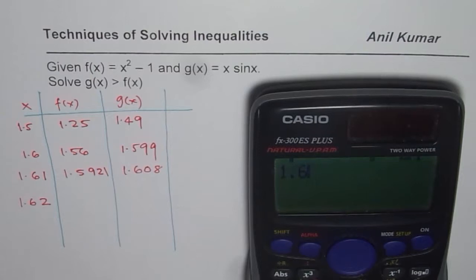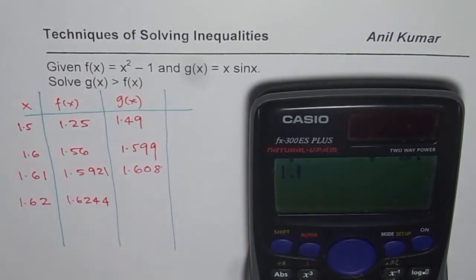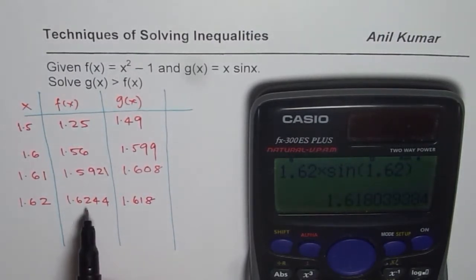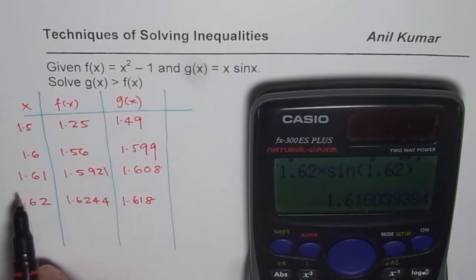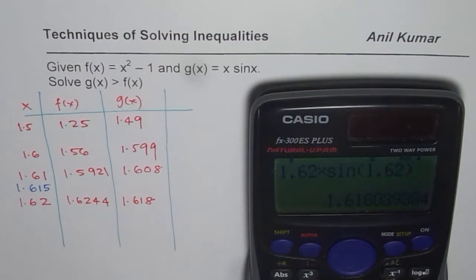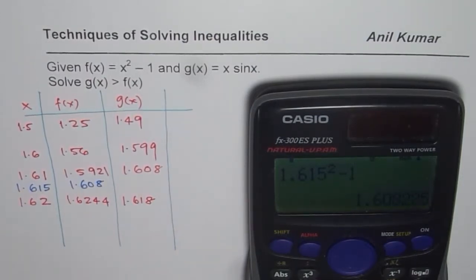So 1.62 squared minus 1 is equal to 1.624, and 1.62 times sine of 1.62 within brackets is equal to 1.618. Now the things have changed. That means the point of intersection is somewhere in between, correct? So we can now try a value which is like 1.615, for example, right? So let's try this. 1.615 squared minus 1 equals 1.608. And for g of x,